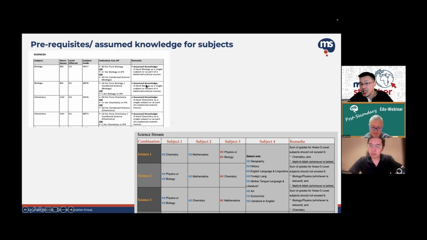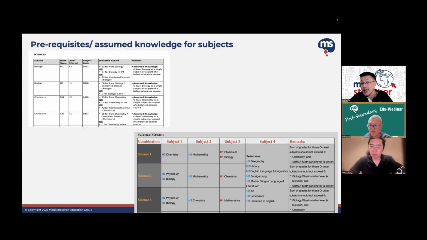And generally, in terms of the prerequisites, so how much they enforce it, if you look at the different schools, it really varies. For some schools, they will say, I really strongly encourage that before you take a certain subject, you have the prerequisite subject that you took in secondary school. For some, they will be like, okay, you may not have it, but it's okay. You are just expected to bridge the knowledge on your own. Some may also offer a short bridging course to help. So it varies from school to school.